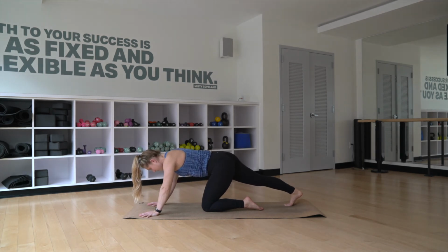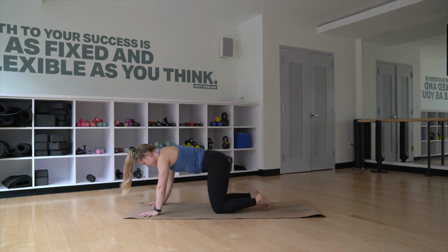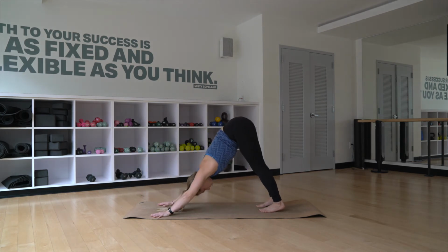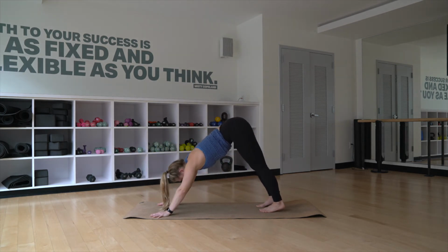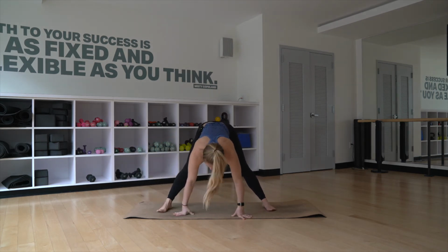Good. Bring the knees back into alignment underneath the hips. Wag your hips a little bit side to side for me. Curl your toes, and we'll lift our hips back. So it's a nice little shoulder and back stretch. Let's step our right foot forward and take a walk to the left so we can take a wide-legged stretch